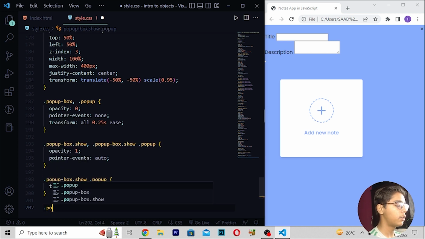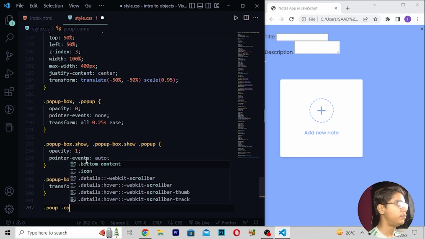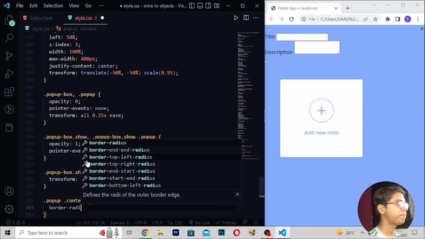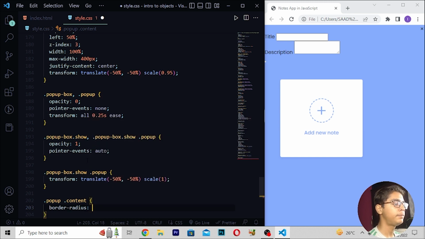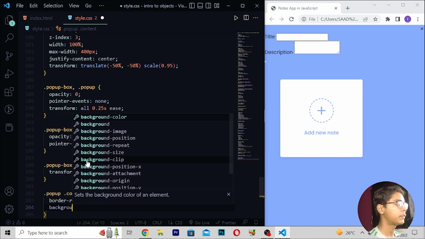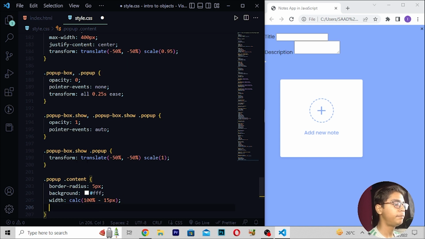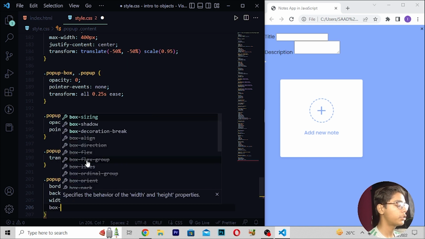Then I will be writing .popup .popup .content. Right here border radius 5 pixel. Right background white. Right here width calc 100% minus 15 pixel. Right here box shadow.